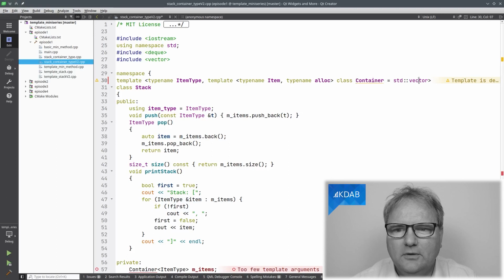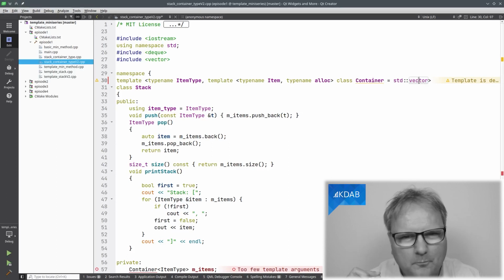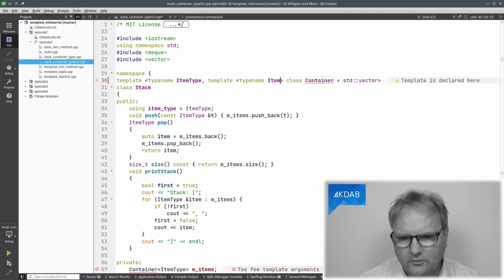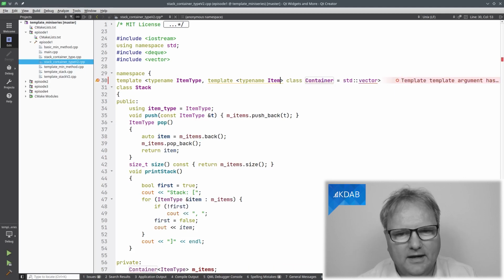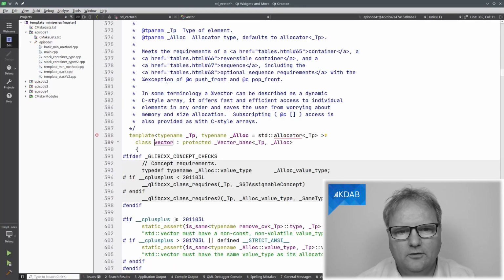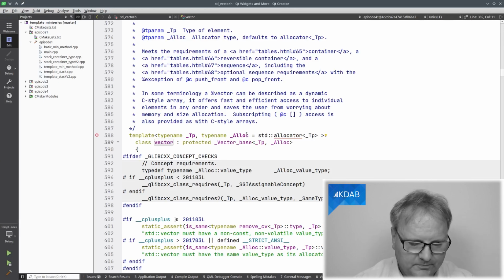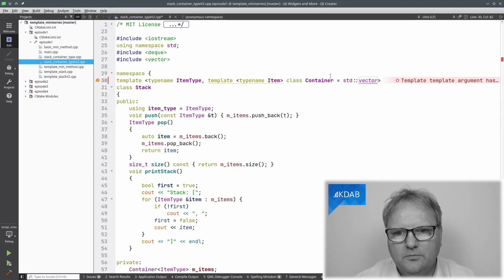And you can actually see, because that part has bitten me many times, that I just said, okay, let's just do it like typename item here. But then it doesn't work, because my vector, if I go and look at it here, is actually a template on two things. It's a template on the type and on an optional parameter here, the allocator. So that's what I need to specify over here.